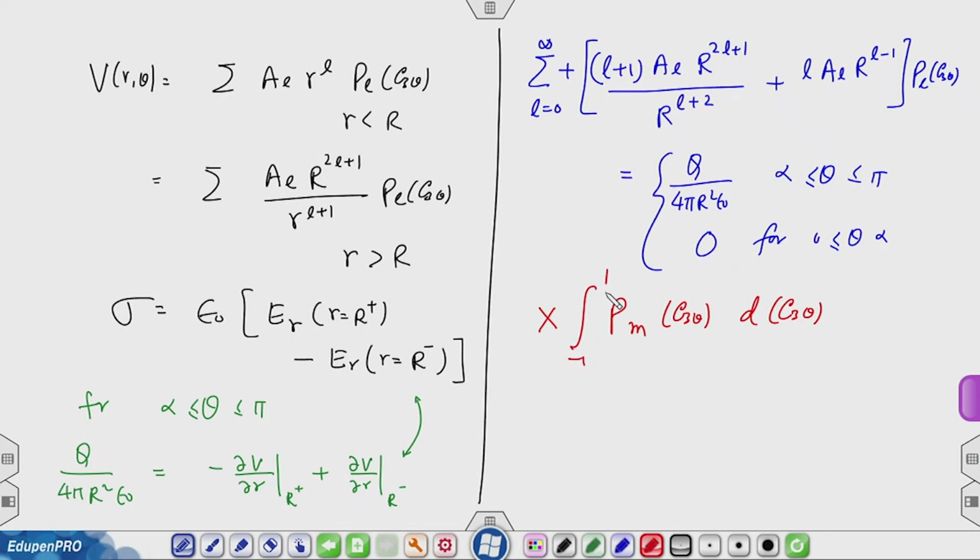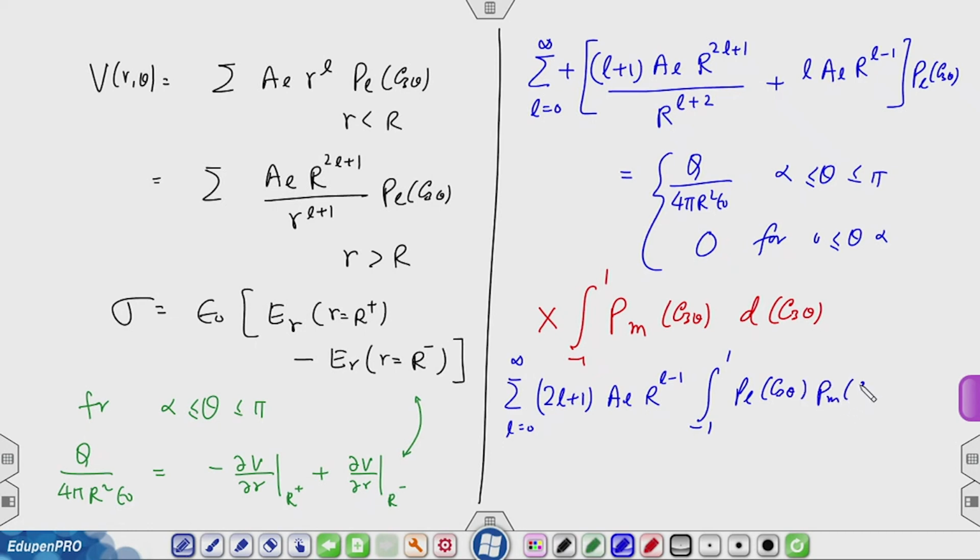So, on the left hand side, I am going to get 2L plus 1 was already there, A_L r raised to L minus 1, integration minus 1 to 1, and there is a summation over L equals 0 to infinity, P_L cosine theta,